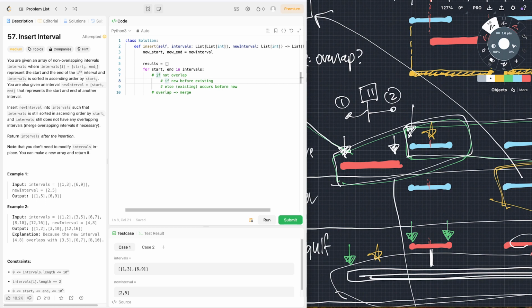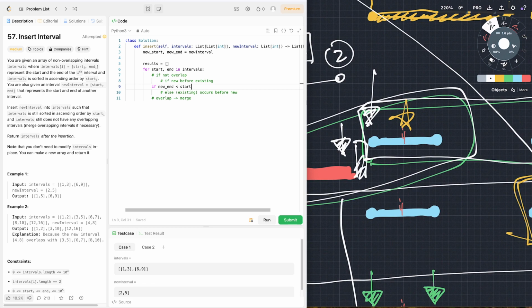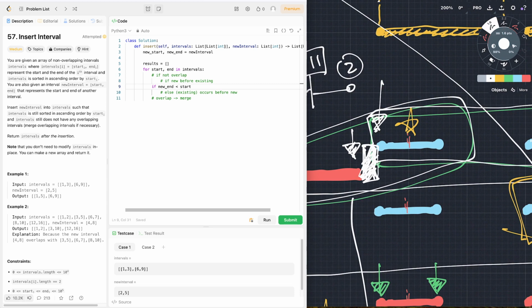So let me just write the code. So if the new end is smaller than the start, right? That means there's some gap right here. It could be large, it could be small. There's some gap right here, right? Then it can't possibly overlap, right? And it doesn't possibly overlap for this case, actually. It doesn't overlap for the new